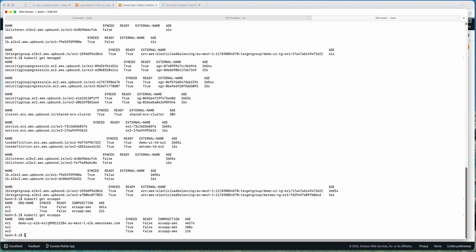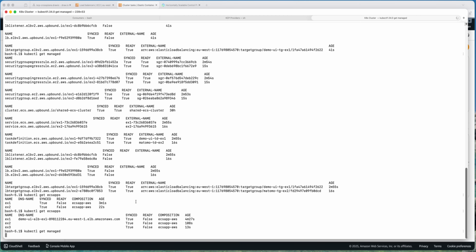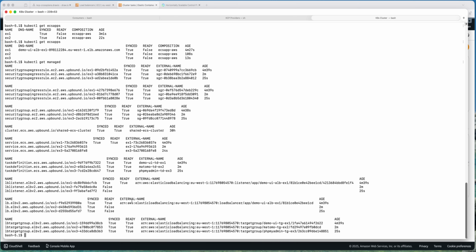Okay, the first one is already done, and you see the name. We will go on this one, and let's see the managed resources, if it's true or not. The resources are created. Okay, the first one, the load balancer, is created true. As you see, it's ready, and the listener is ready, the task definition is ready, the service is ready for the first